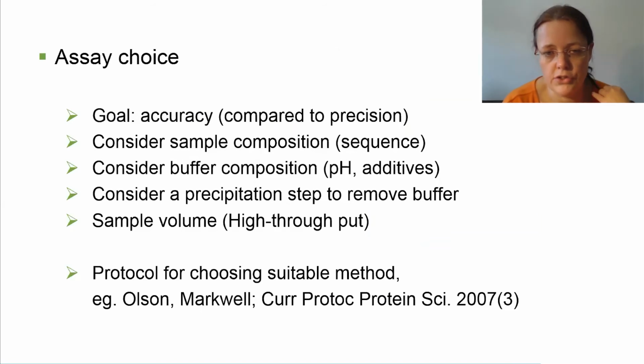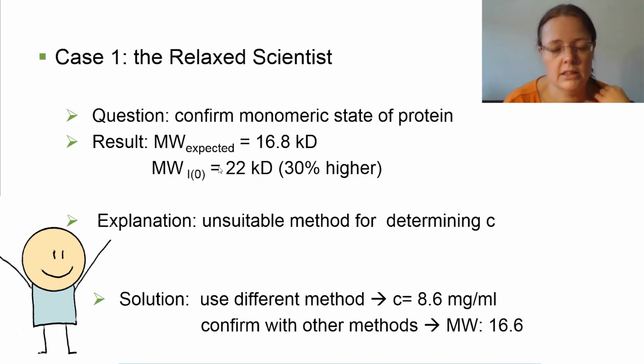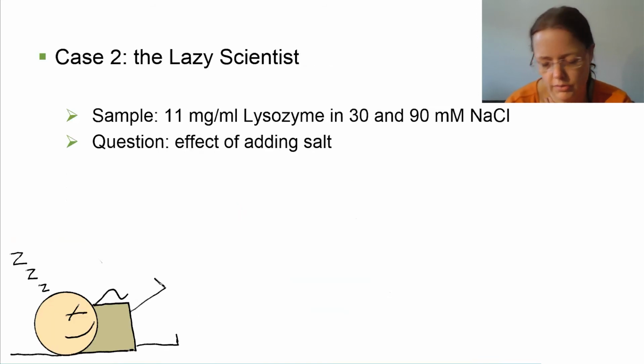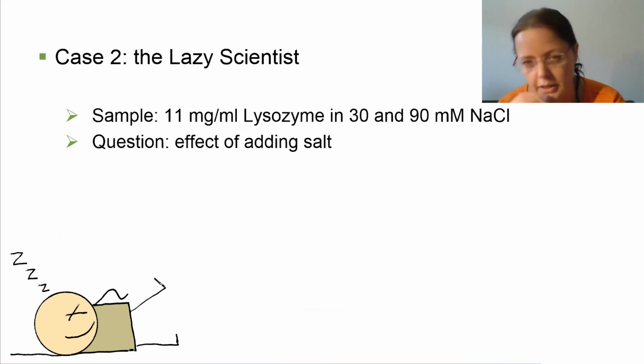Luckily, there are also different ways from the SAXS data to get molecular weight estimates, for example, using the Porod method. And that's something that the scientist wasn't able to do to understand. Yes, so if he uses the Porod volume, he gets 17 kilodaltons, which is very close to his expected 16.8 kilodaltons. So he was happy at the end, he could show that he did have the monomeric state.